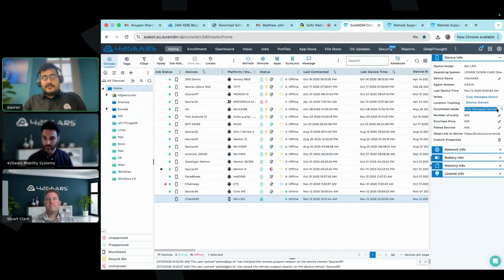So SureMDM cannot be removed. The only way to remove SureMDM is to factory reset your device. And I think we are doing something on that front as well, so that we can restrict factory reset. We are also doing some work on watch faces so that you can remotely change the watch faces on the device. You can now, with the new WearOS, normally for installation of new APKs, you need to